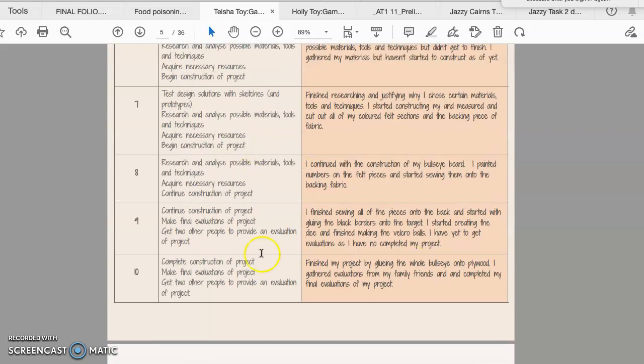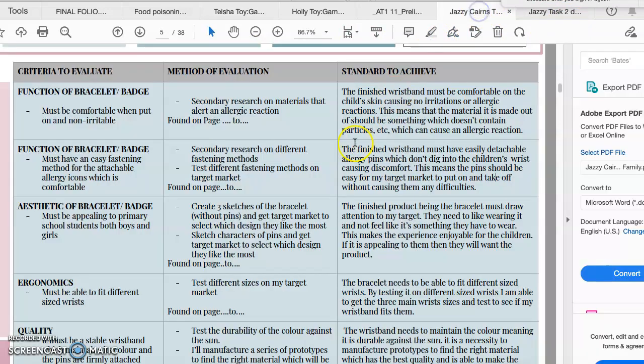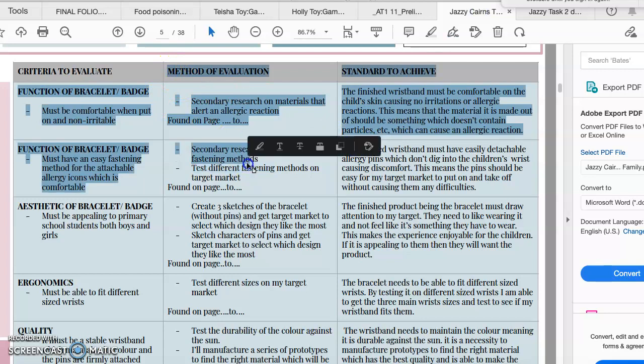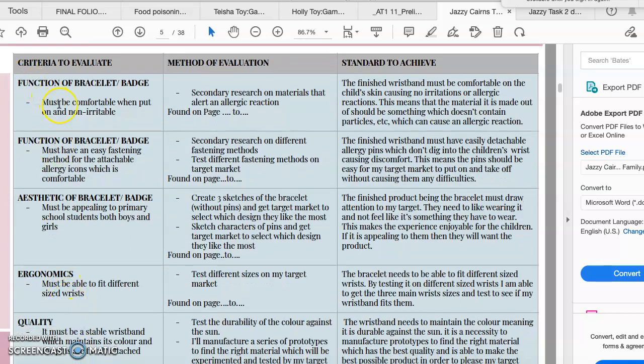The other thing that is in section 1 that is not in these sample folios is the criteria to evaluate success. I need to ask you in this video to ignore this middle column. I've got a sample of a major project up where we actually do testing. We obviously didn't do any testing in this project, so you can just ignore this middle column here. But that is where we asked you to put 2 function, 2 aesthetics, and maybe one more like ergonomics or quality, something like that. And you need to come up with some specific